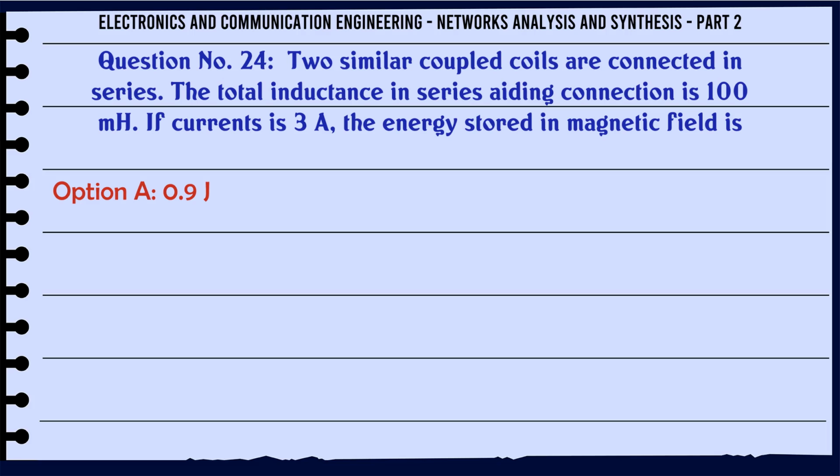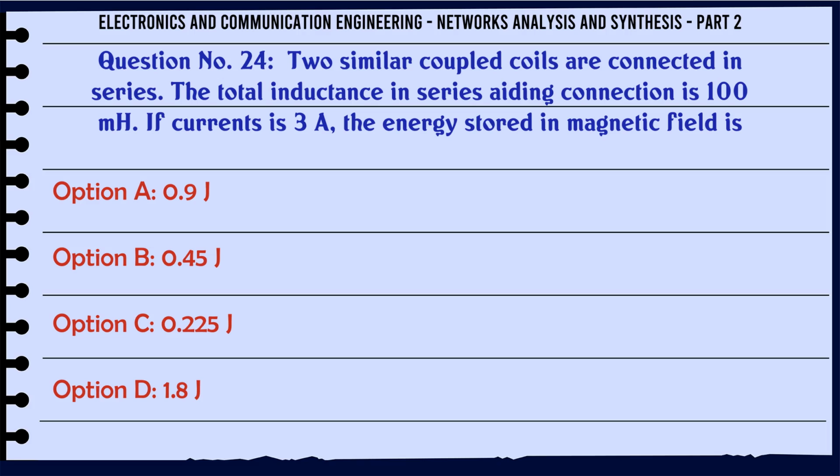Two similar coupled coils are connected in series. The total inductance in series aiding connection is 100 mH. If current is 3A, the energy stored in the magnetic field is A 0.9 J, B 0.45 J, C 0.225 J, D 1.8 J. The correct answer is